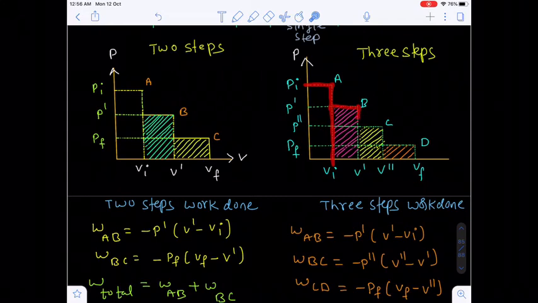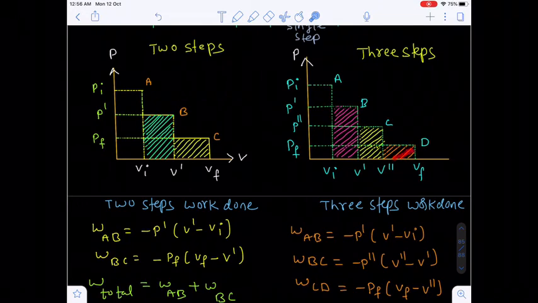Again after that, what am I doing? I am reducing the pressure from P1 to P dash to P double dash. So volume has to increase from V dash to V double dash. After reaching the point C, again the piston suddenly moves upward by reducing the pressure. Once the pressure decreases, the volume has to increase. So volume increases from V double dash to V final. Are you getting my point?